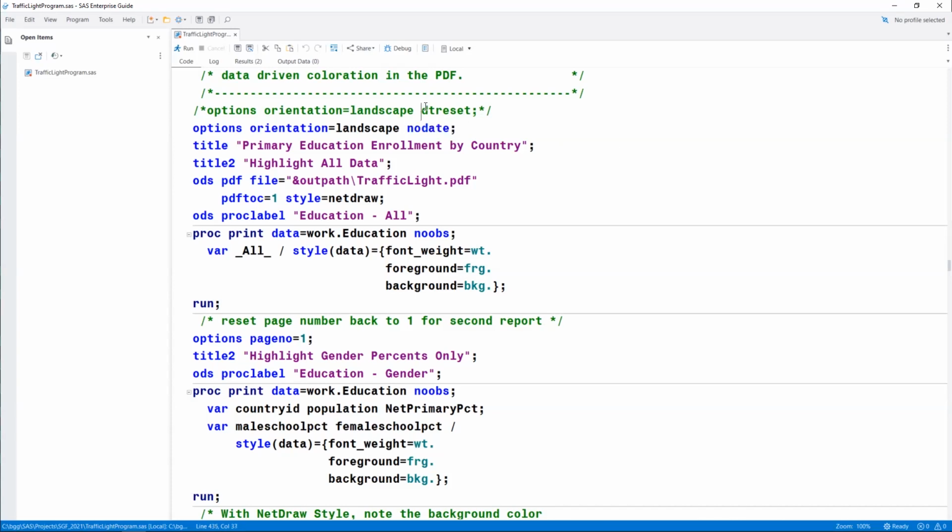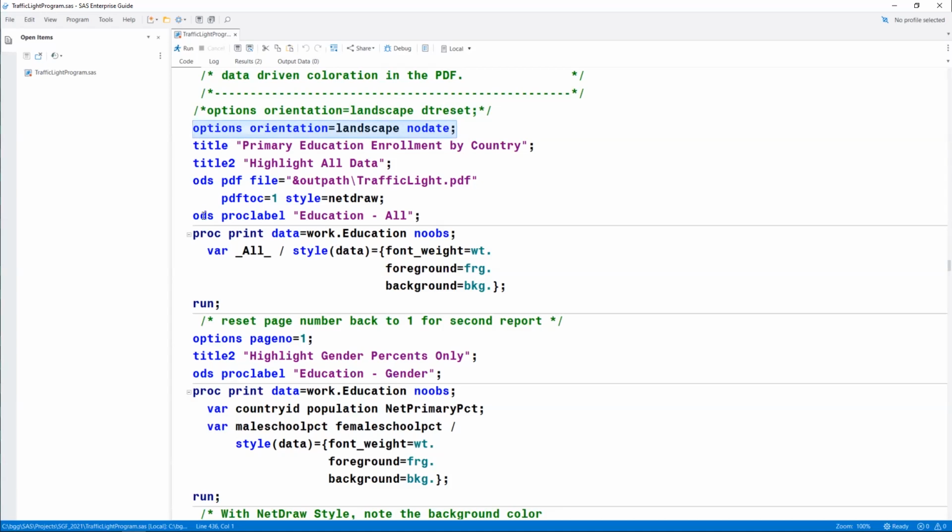There is another option. The date and times that would come out are basically the time you started your SAS session. DT reset, if you were to use that, would ensure that you get the current date and time written out, but I'm suppressing the date and time altogether here with that.